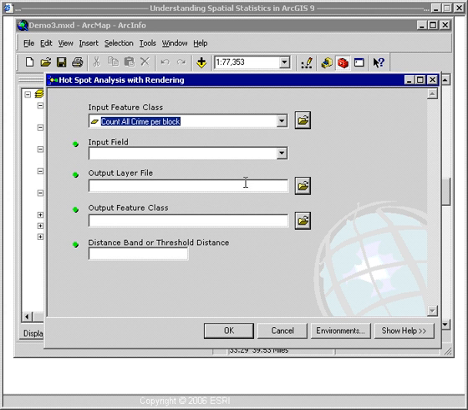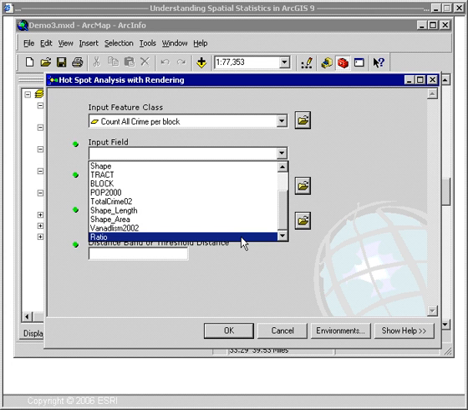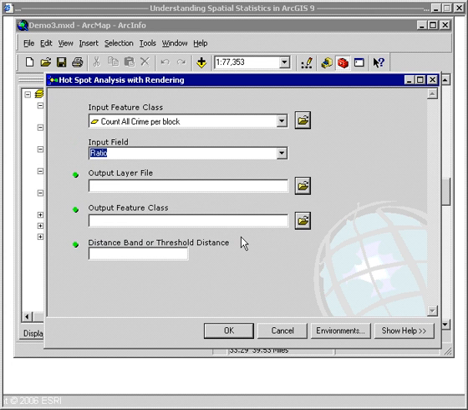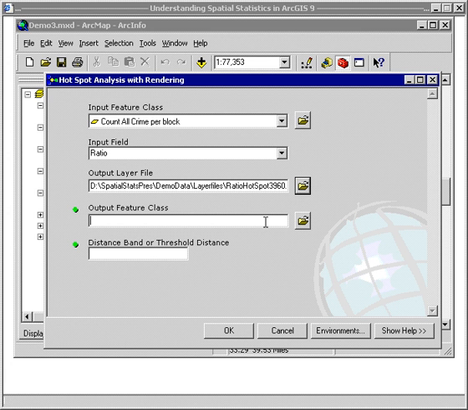And my input field is going to be the ratio column where I've calculated the ratio of vandalism to total crime. Now because this tool is going to do a symbolization for me, it wants to create a layer file. I have a layer files directory where I'm actually going to save my layer file, and I'm going to call it ratio hotspot 3960.lyr. The 3960 is the distance I'm going to use, and I just personally like to put that as part